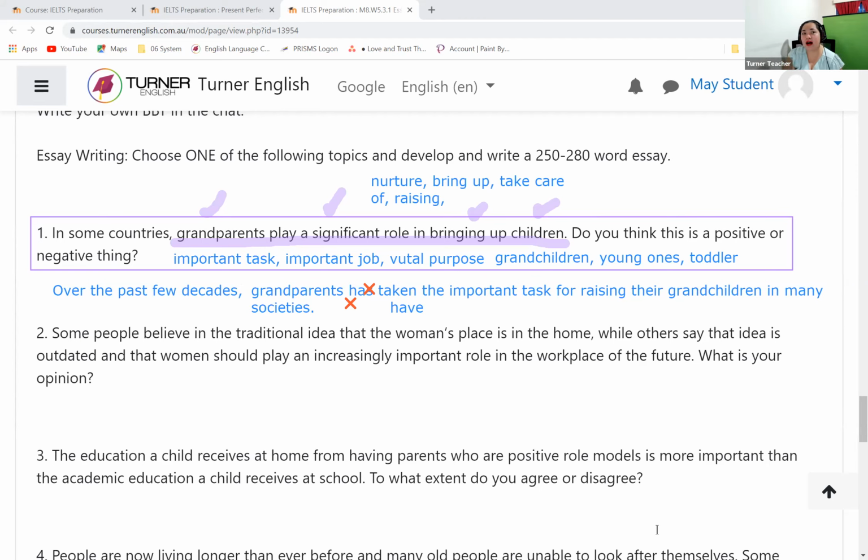You can also say in this modern world, but over the past few decades is also true because that is the trend now. Okay, so if now I'm going to ask, oh, Manjot, you got this question in your IELTS test? Awesome. So come on, let's write our background statement for this one. I'm going to give you a couple of minutes to think about that and write me your background,